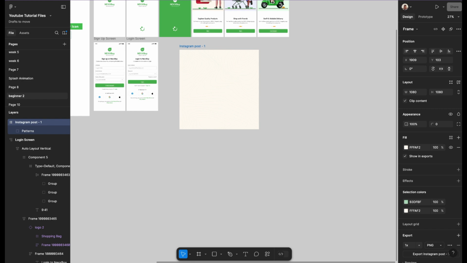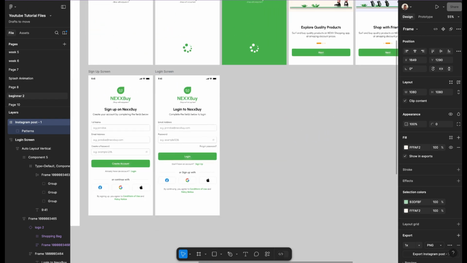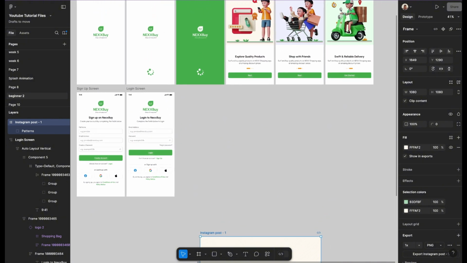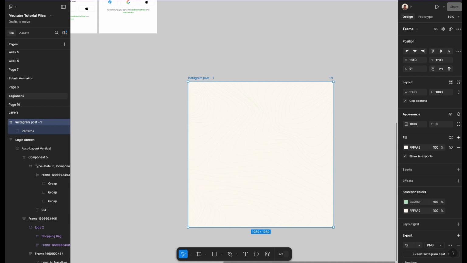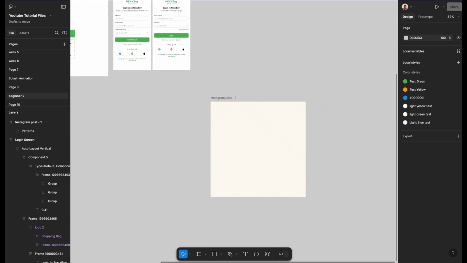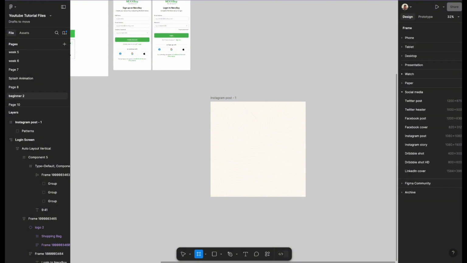Yeah, so one of the things that you can also do after all of these fancy designs that we've done, to showcase on your social media or your WhatsApp status that you learned something today, is you can also create an Instagram post frame like this. If you want the Instagram post frame, you can just come to here and you see social media and you are able to get the Instagram posts